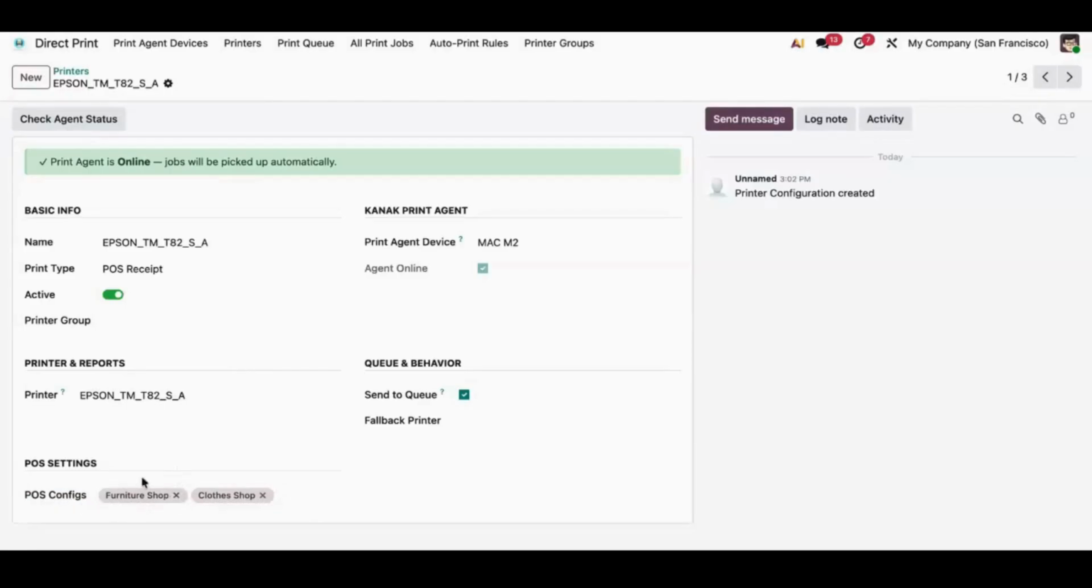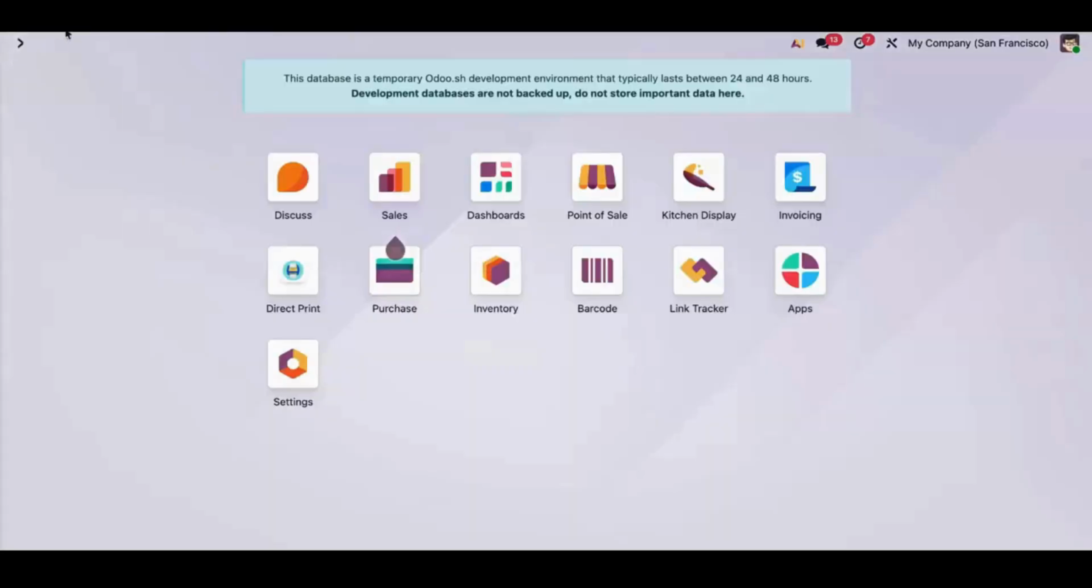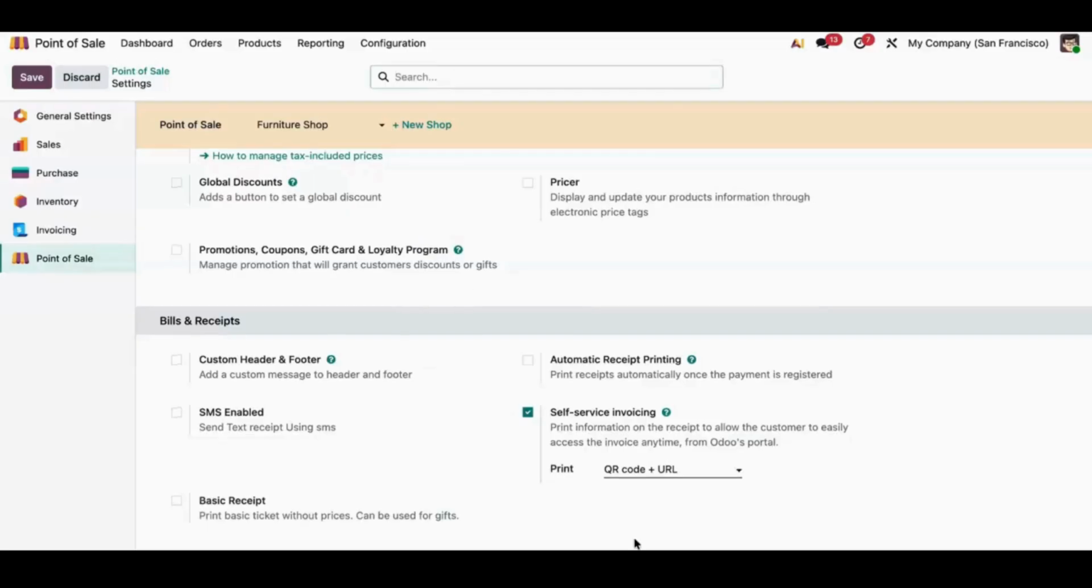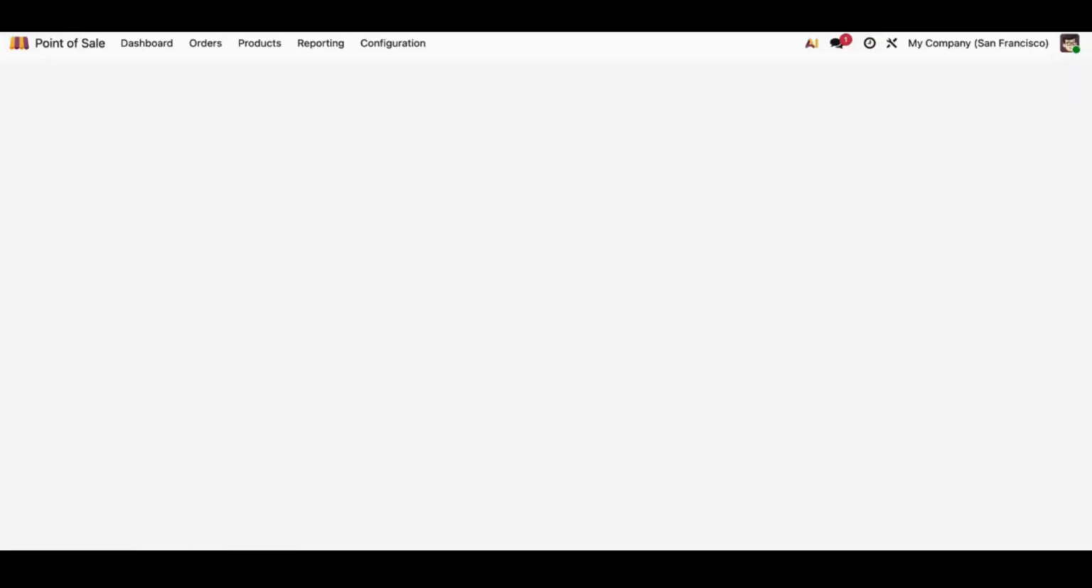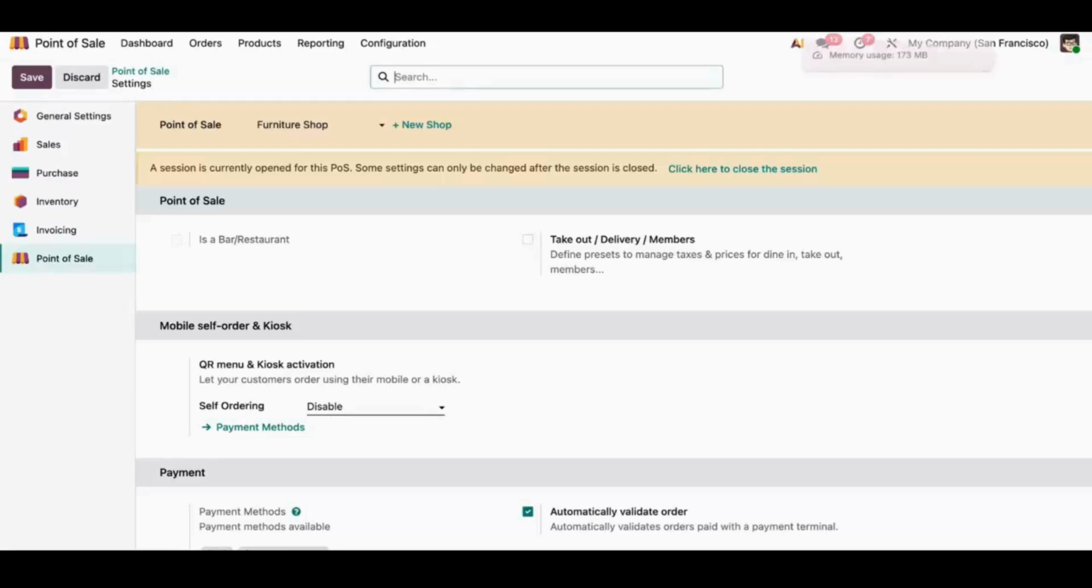Now we will see the POS receipt print from this Kanak print agent app. In this, I have already configured the POS configuration wherein I've added the registers of my POS. Once you have saved it, you go back to the point of sale, and in there you go to the configuration wherein you have to enable the automatic receipt printing functionality. Once you have done that, save this